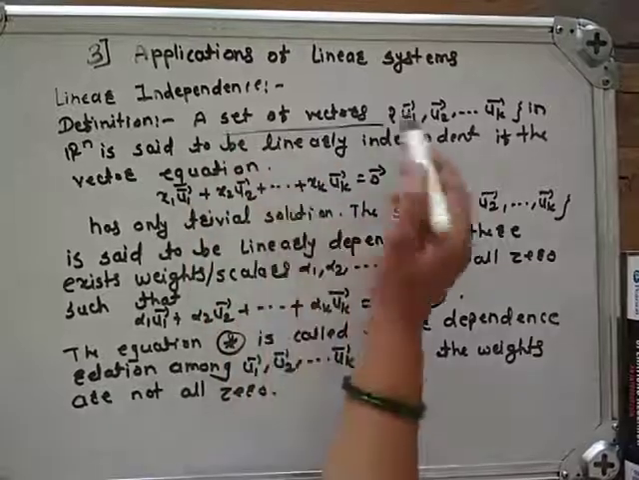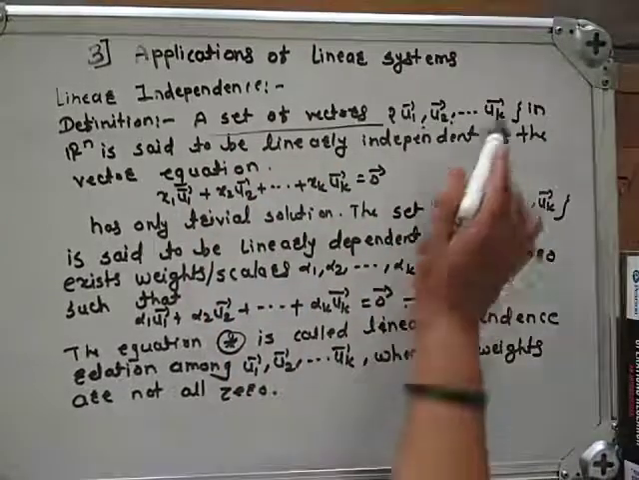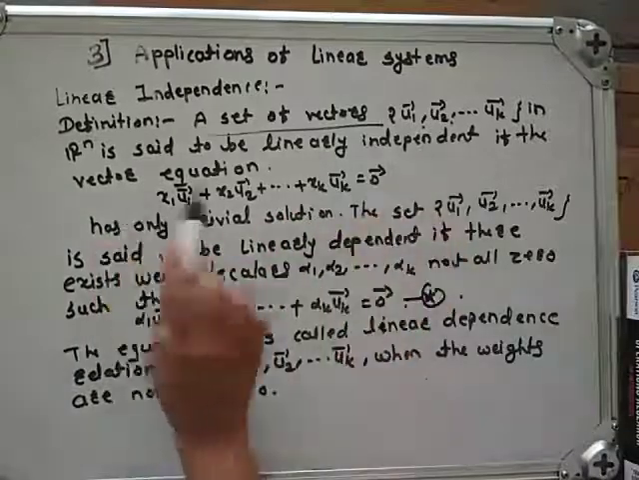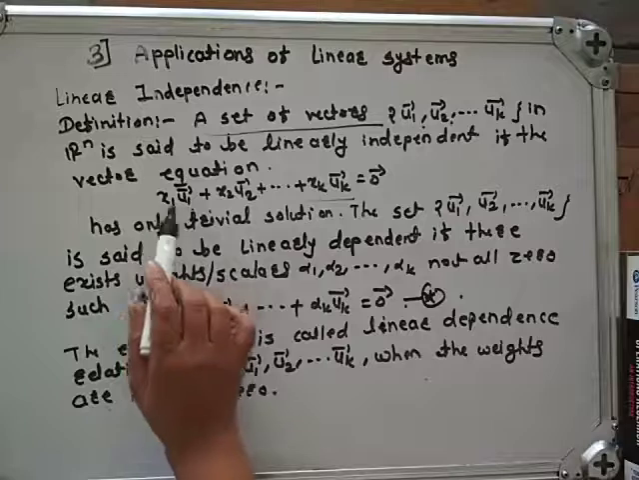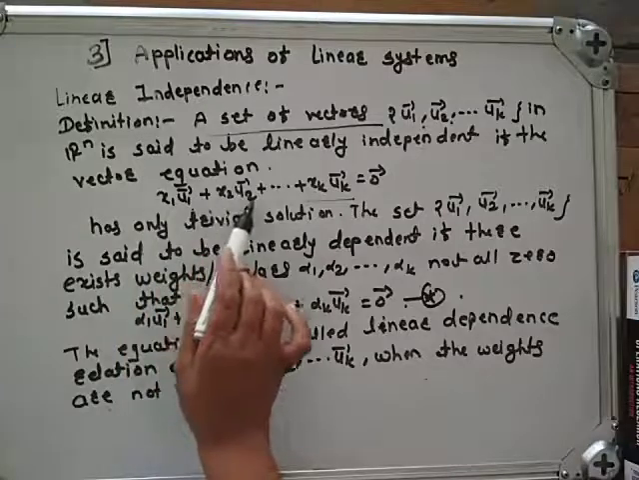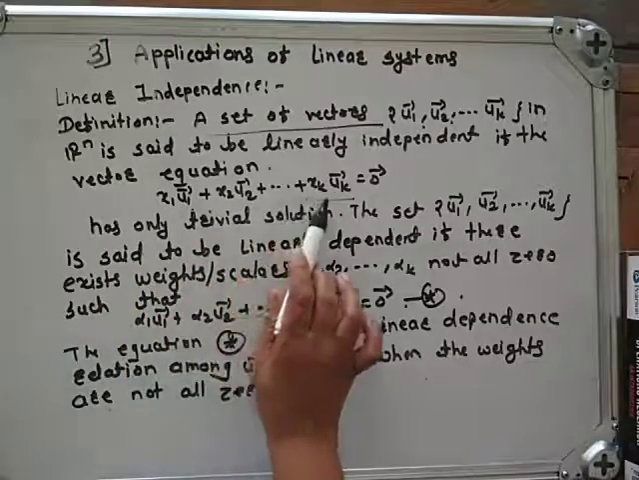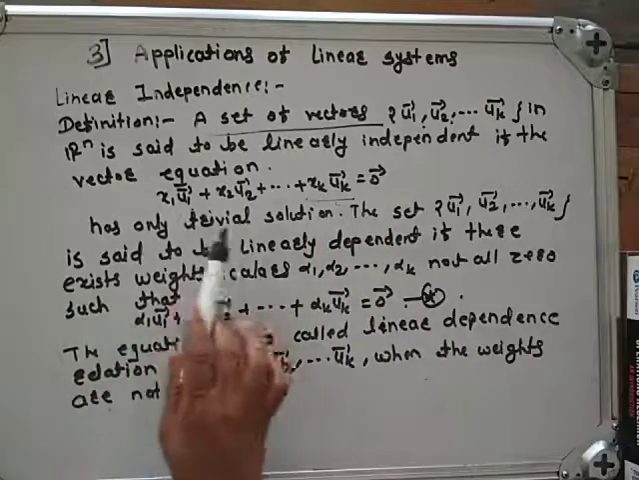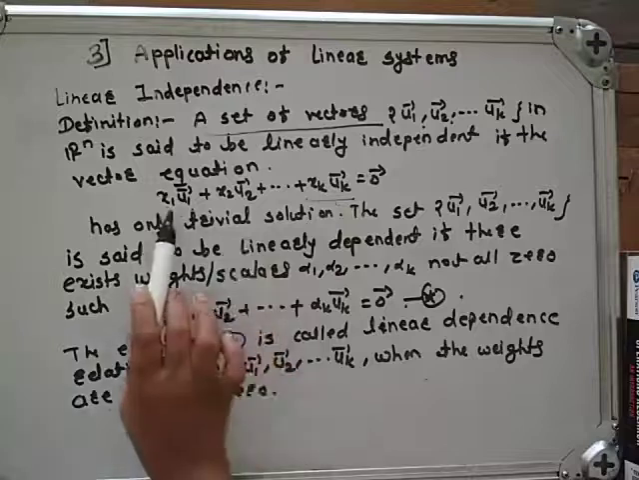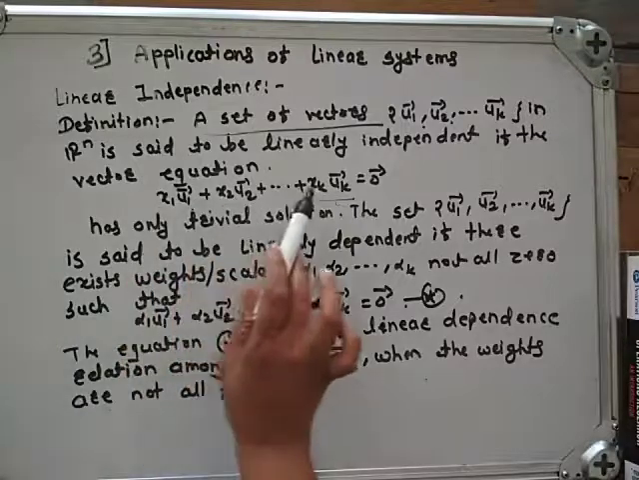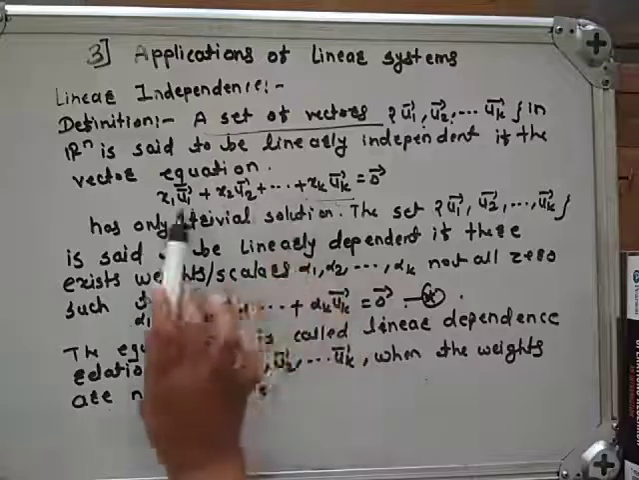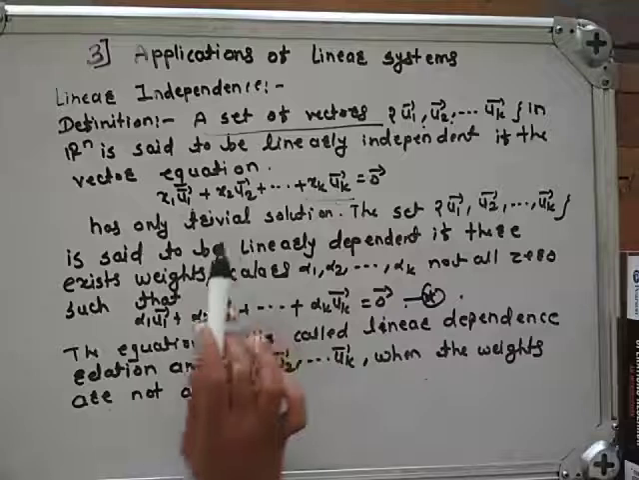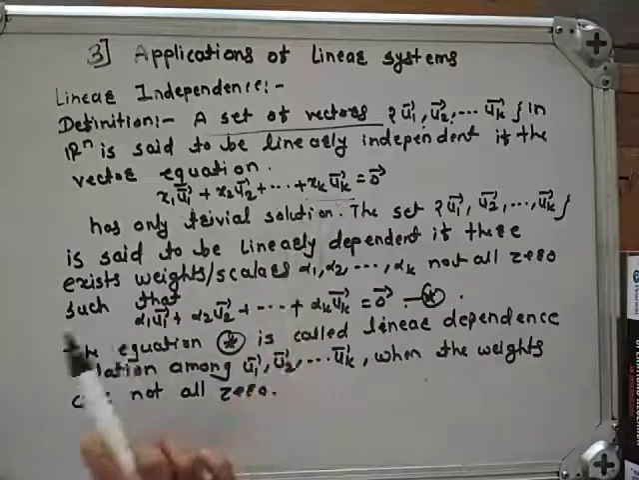A set of vectors u1 bar, u2 bar and so on up to uk bar in Rn is said to be linearly independent if the vector equation x1 into u1 bar plus x2 into u2 bar plus and so on up to xk into uk bar is equal to 0 bar has only the trivial solution. Means all x1, x2 and so on up to xk are 0, then the set u1 bar, u2 bar and uk bar is linearly independent. Okay,